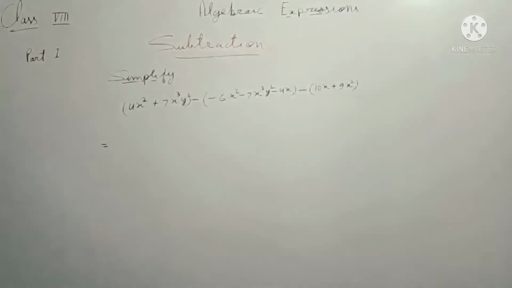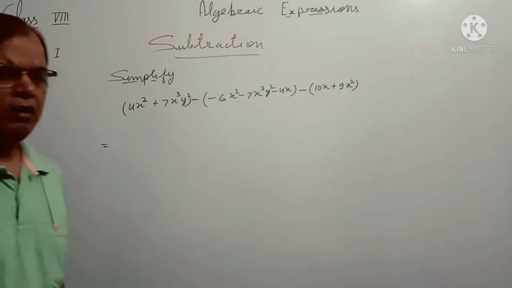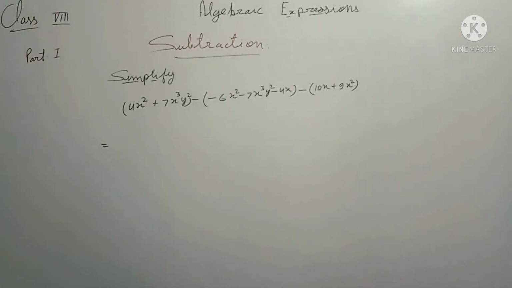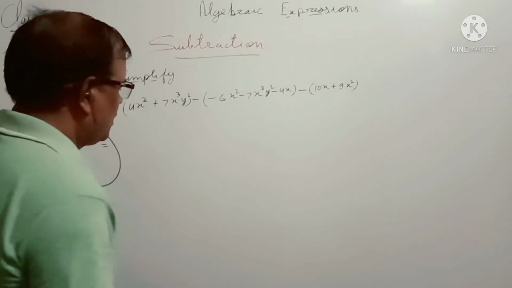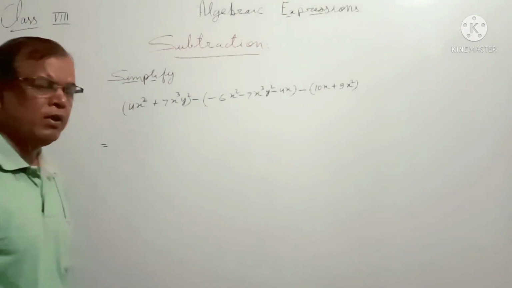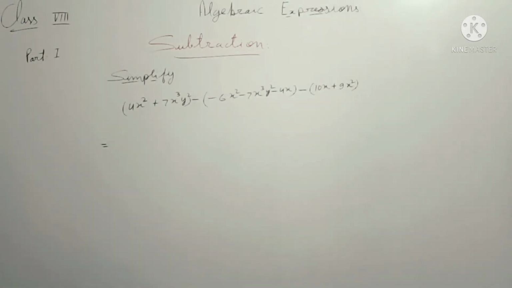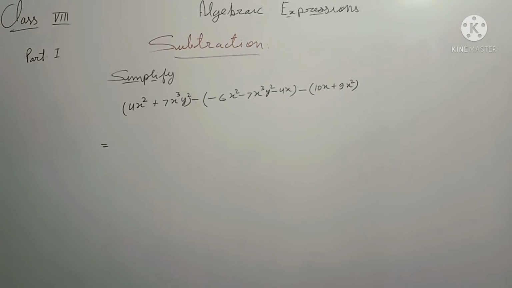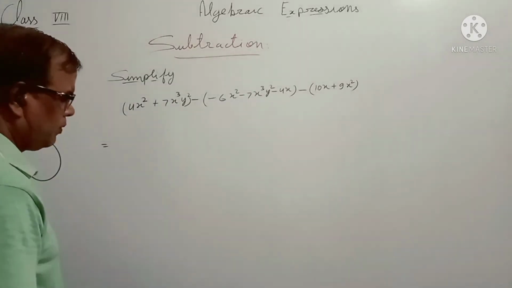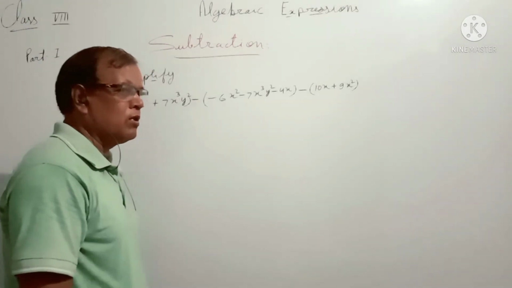So we will see the sign, then we decide what we are going to do. Now we change the sign. If the sign outside the bracket is minus, we change the sign; if outside the bracket it is plus, then we don't change the sign. First we see the sign very carefully and change the sign if it has the negative sign